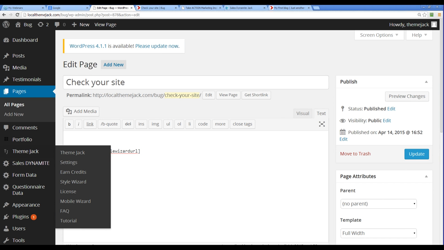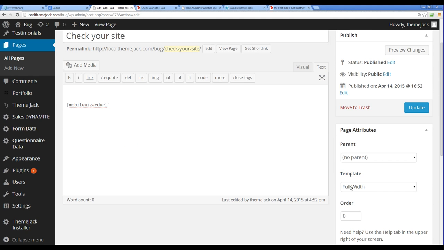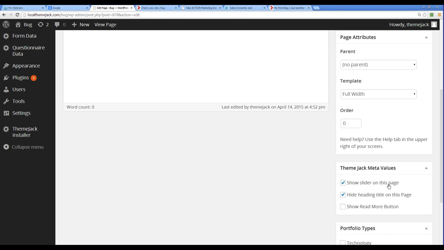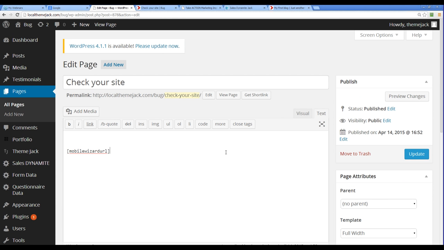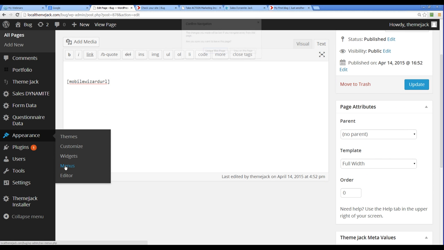That's the new shortcode. And you want to choose full width. I like to show the slider, and I like to hide the heading title on this page. So once you have done that, you go to Appearance Menus,